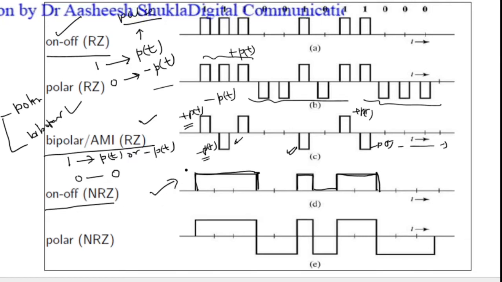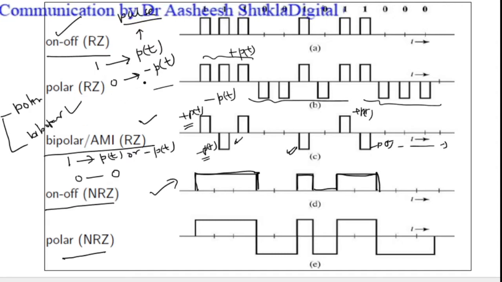So this is on-off code. On-off code means for 1 we provide a pulse, for 0 we do not provide any pulse. Polar NRZ means the concept for polar is that 1 is represented by PT and 0 is represented by minus PT. In that case, you can see here 1 is represented by plus PT, consecutive 3 ones by consecutive 3 PTs, and consecutive 2 zeros by consecutive 2 minus PTs. Same for single 1 as plus PT, single 0 as minus PT, again 2 consecutive ones as 2 plus PTs, and for 0 0 0 again 3 consecutive minus PTs.